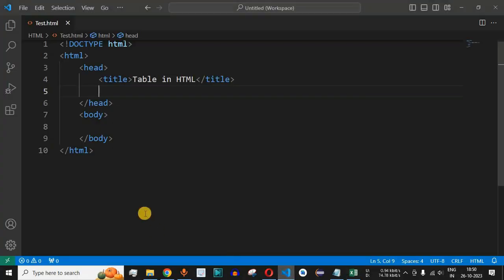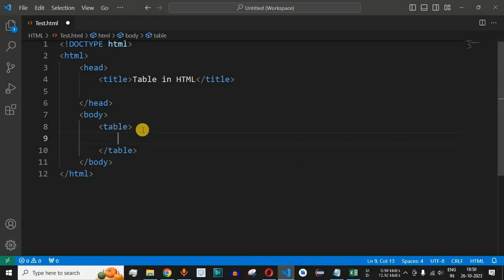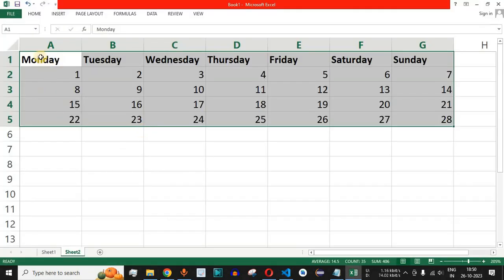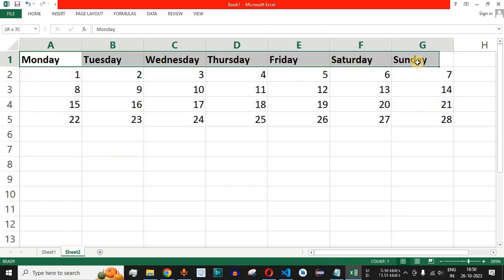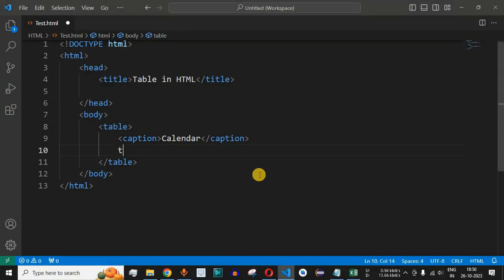So let us move to the VS Code over here, and inside the body section we will have table tag over here, and for this table tag we will define the caption as calendar over here. So we will say calendar. Now guys, simply what we have to do is we need to define the first row, and it should have these days over here. So what we can do is we will have the tr tag over here, and then